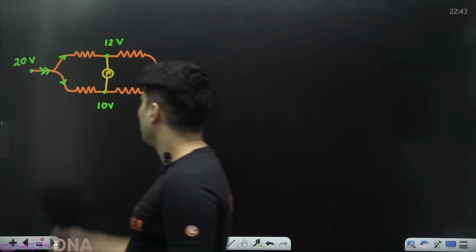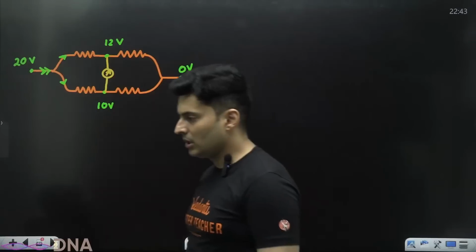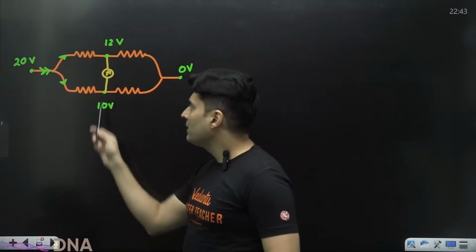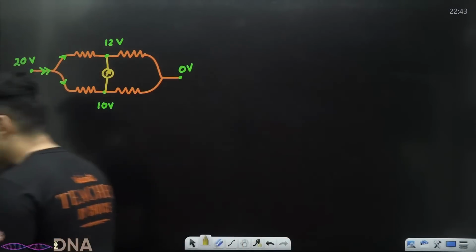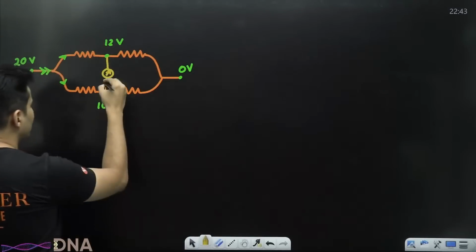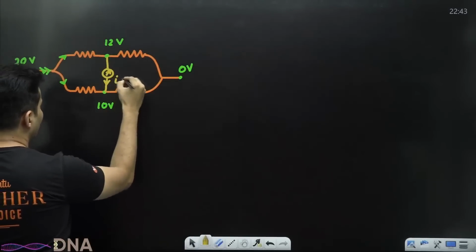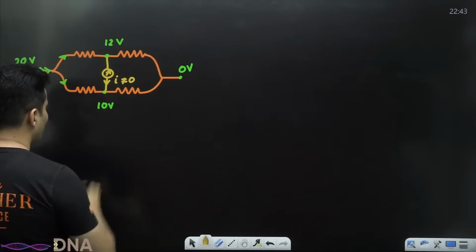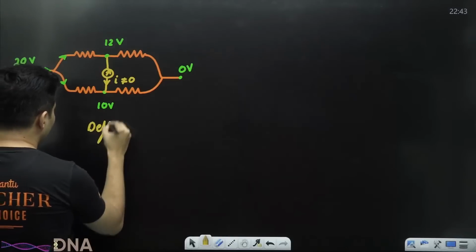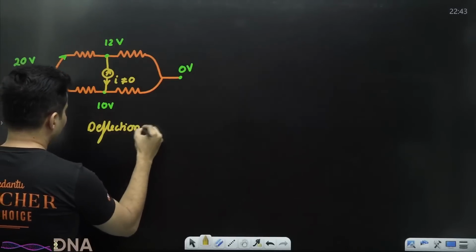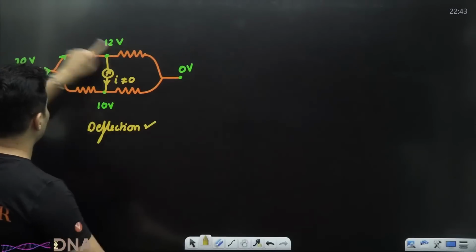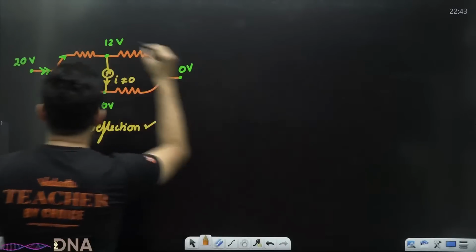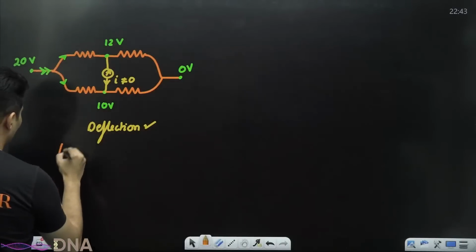What do you think? Will it show any deflection or not? Well, there is clearly a voltage difference which is there. So definitely current will flow from high to low voltage. So current will flow and this current won't be zero. So there will be deflection. There will be deflection in that galvanometer. This setup of those resistors is called a Wheatstone